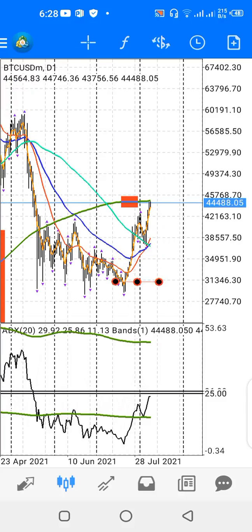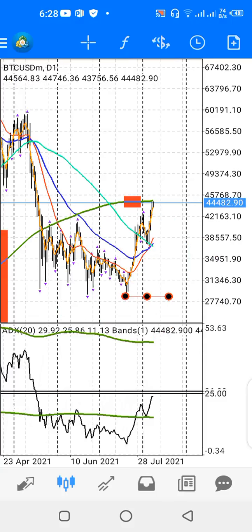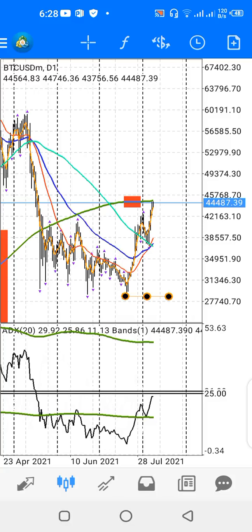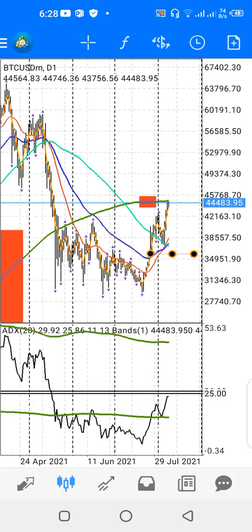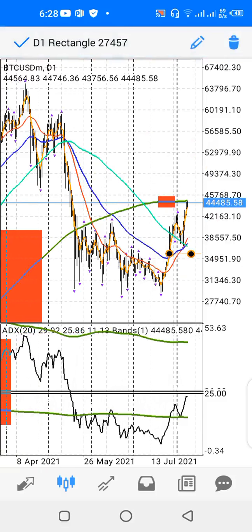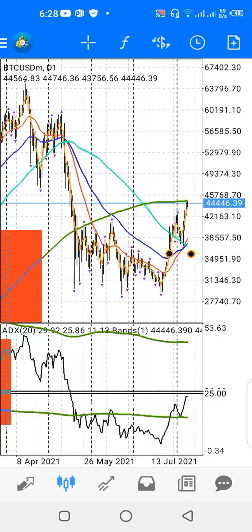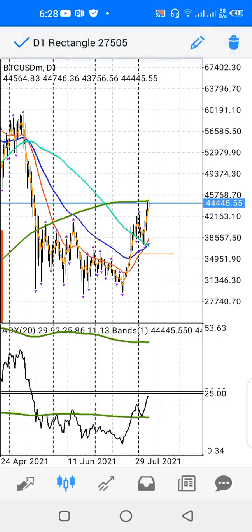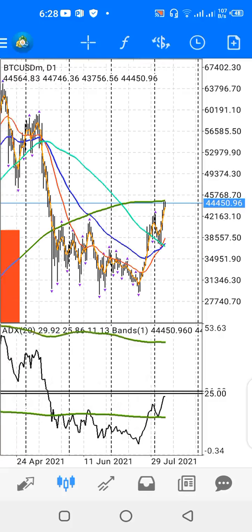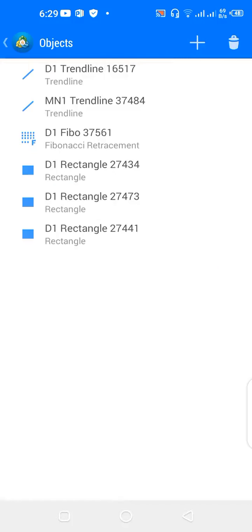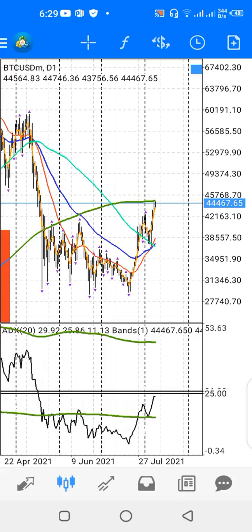Okay, let me change the color of my shape to another color, probably orange. Okay, that should be okay. Okay, now if you zoom out, I'm trying to expand this. Let me just delete this and plot another one. Okay. Now, if you look at what's happening, you have like inverted head and shoulder,